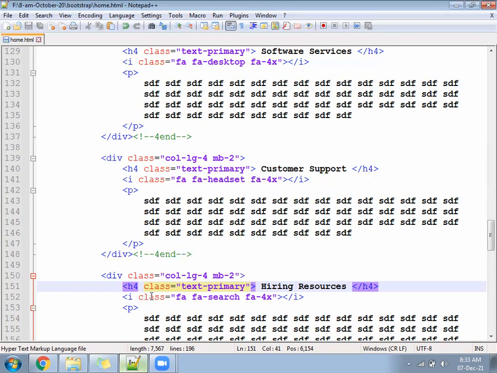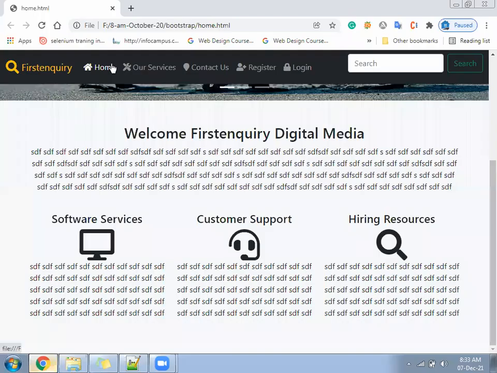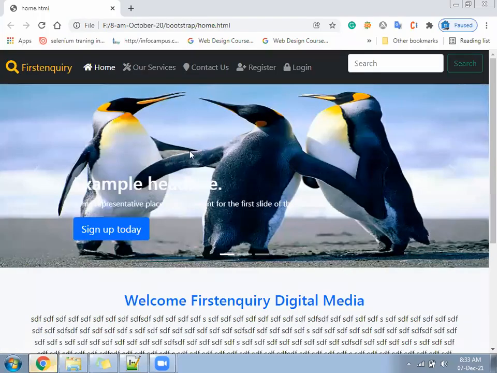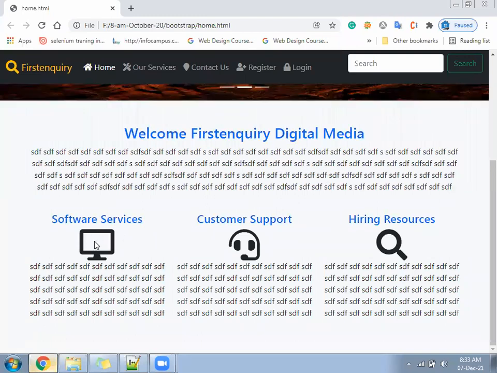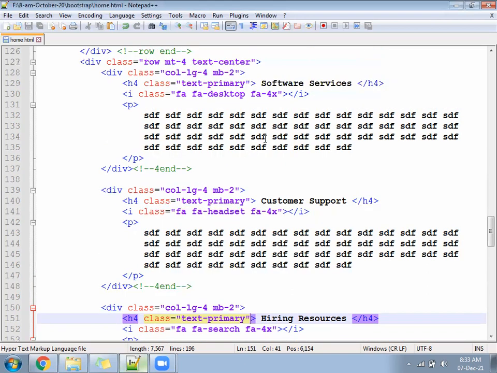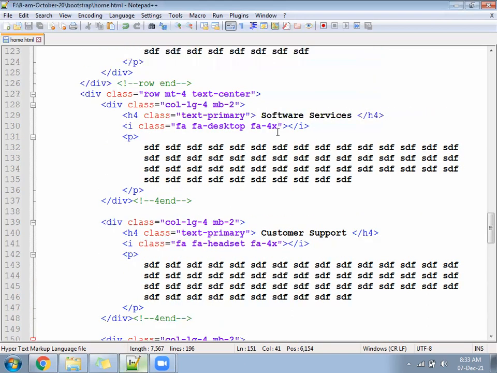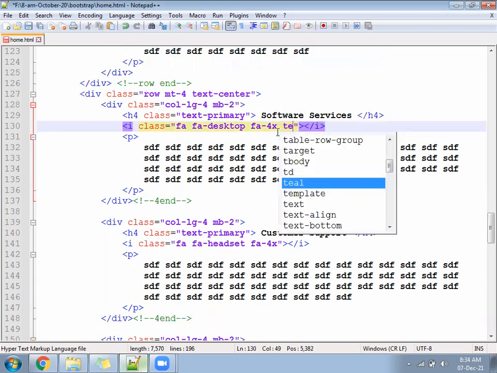Okay, ready? Next, after this, check in the browser how that looks. The text is blue color and the other heading is blue color, others are black. Now for the icons, red, green, blue, we can change the icon. For the first icon, desktop, we write text hyphen warning or maybe success.